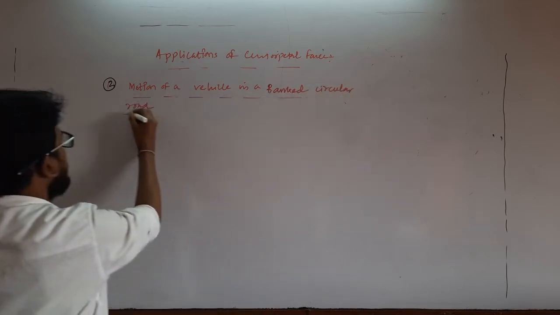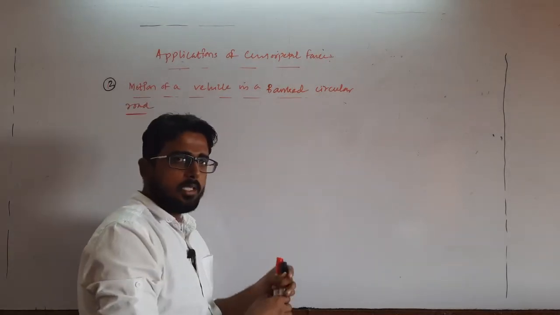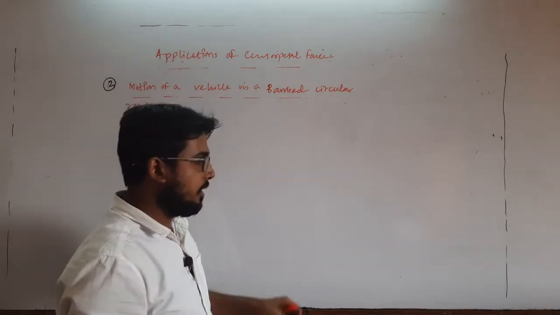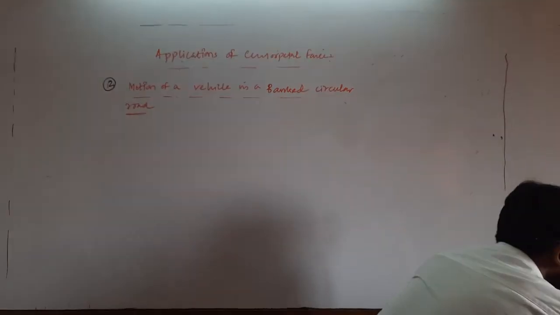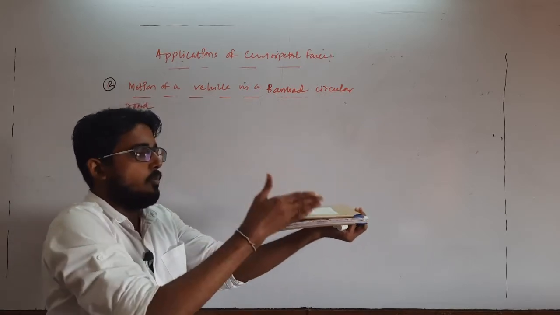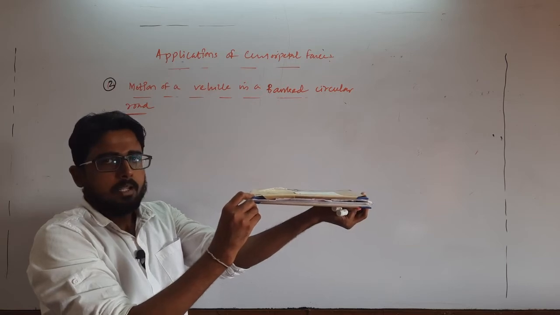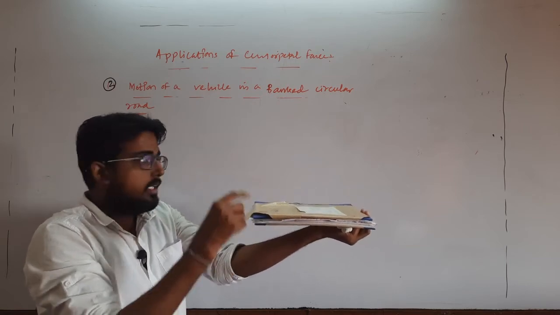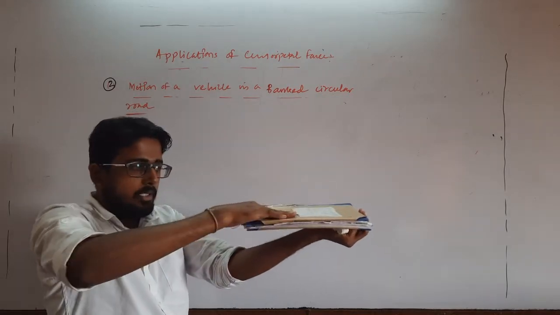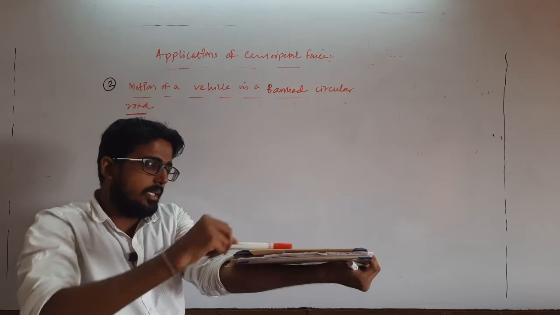So what do we mean by a banked circular road? If the outer edge of the road is a little bit inclined in comparison to the inner edge. For example, if this is the road, okay, leveled road means this road is leveled, both the edges are parallel to each other along the same height. Clear? So in this example or application, the road is leveled. When the vehicle is traveling along this direction, it wants to take a turn like this.